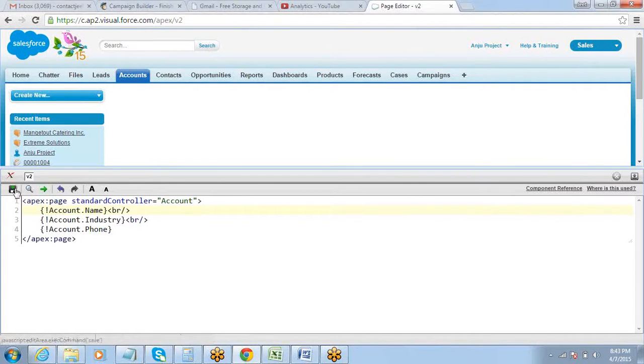Okay, Swati says we have to run the script. There is nothing like running a script here. We just have to save the changes. So the changes have been saved. Now what is the problem with this? No. Sonu says form component is missing.